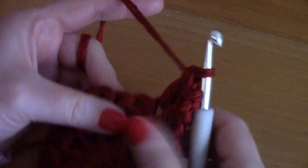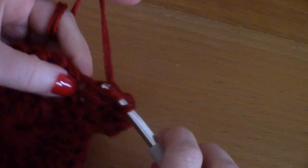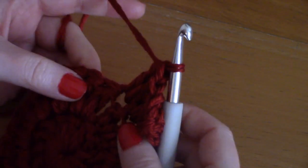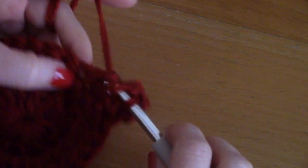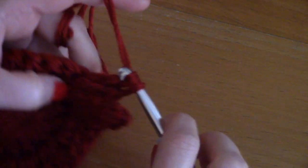And then in the next stitch, 2 double crochets together. So just go ahead and place 2 double crochets together inside that next stitch. And then in the next stitch, place 1 double crochet, and in the next stitch 2 double crochets, and alternate 2 double crochets together and 1 double crochet, and I'll